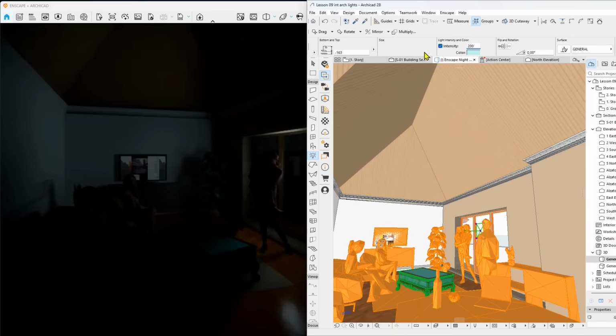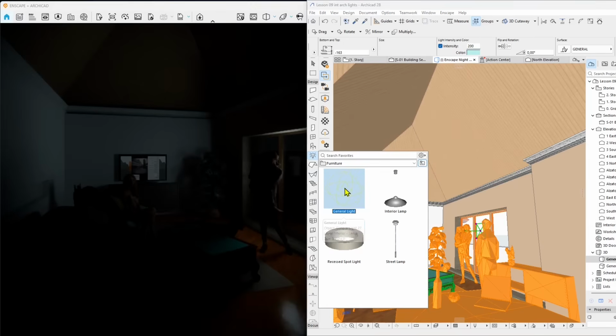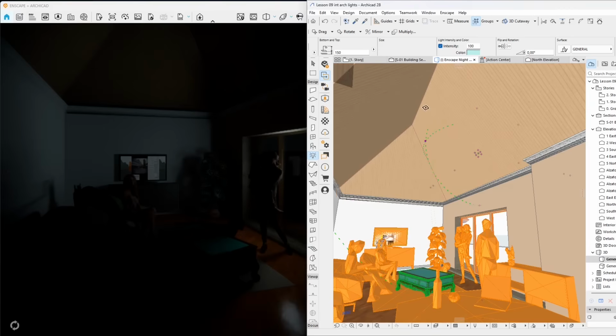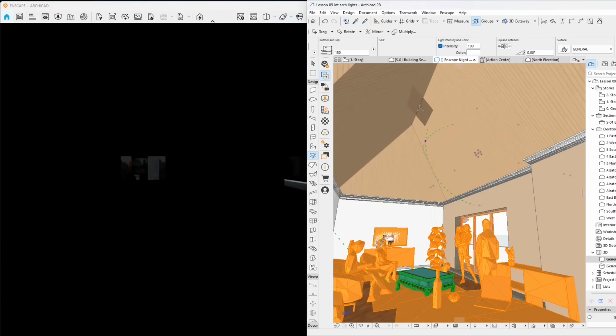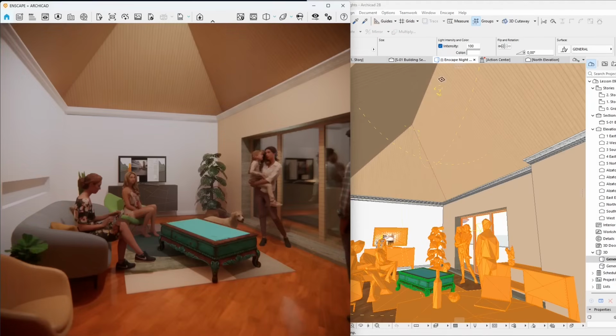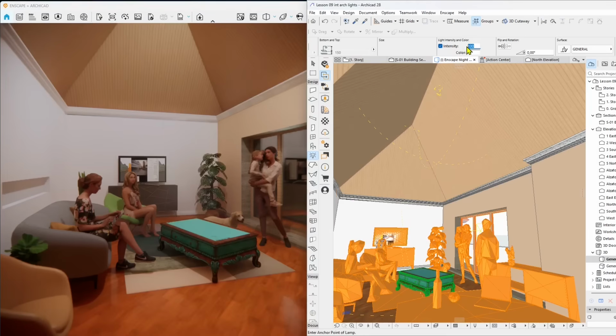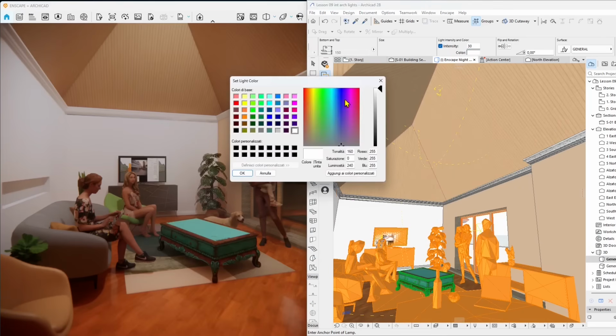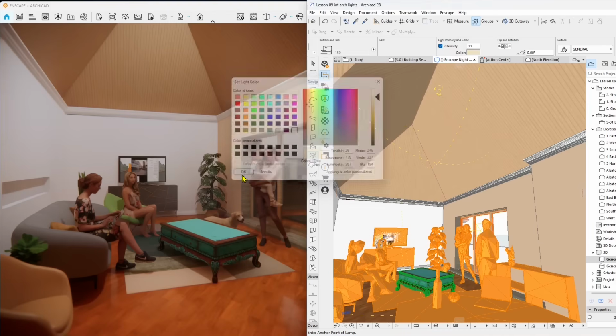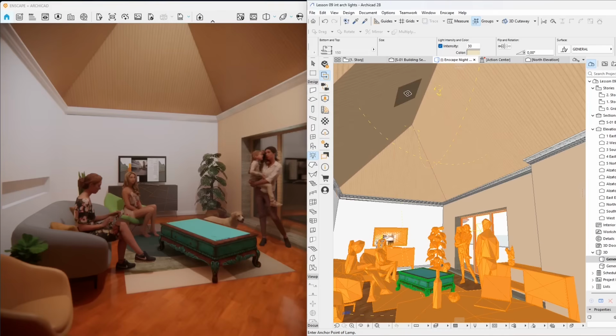And I'm just gonna increase it a little bit just to show you what's happening. So just work with a combination of lights. I'm just gonna deselect, exit the selection, and then apply a new light. So now we have a combination of two lights, one coming from the window, one coming from the top, and also play with different colors and different intensities. So that's another one. And usually we need at least three lights.